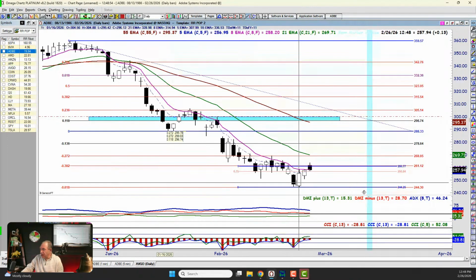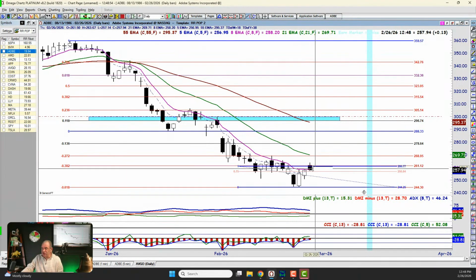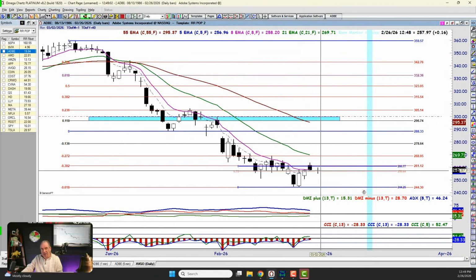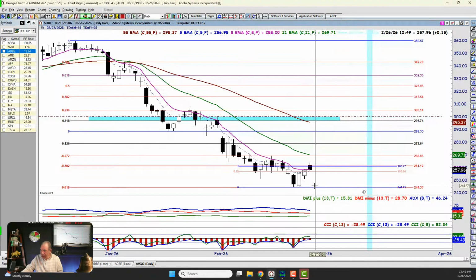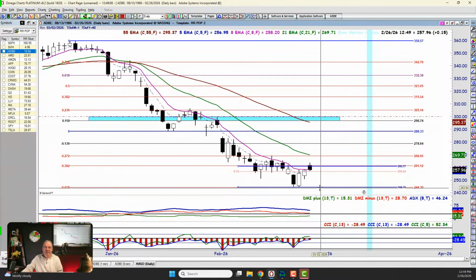So I would be looking at this as a bearish entry tomorrow. What would I want to have happen? Retest the fib line and fail, and I'll take the trade. And all the way down there, that's my support. That's the level I'm looking for my next target.